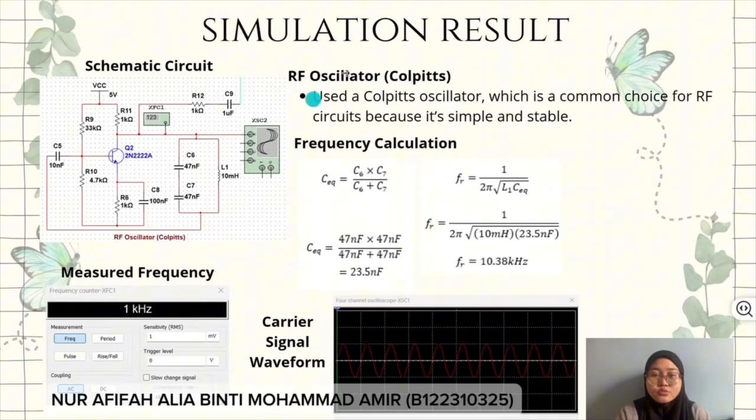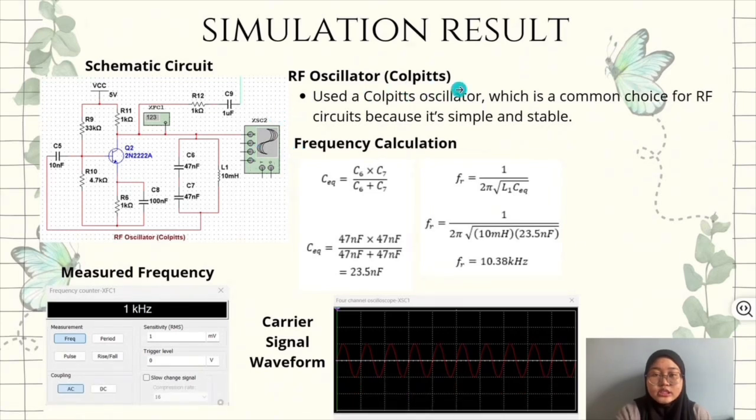Moving on to the next simulation result. In this part, we verify the theoretical design of our RF communication system using Multisim. Starting with the RF oscillator stage, we used a Colpitts oscillator, which is a common choice for RF circuits because it's simple and stable. To calculate the resonant frequency, we first find the equivalent capacitance of the capacitive voltage divider,